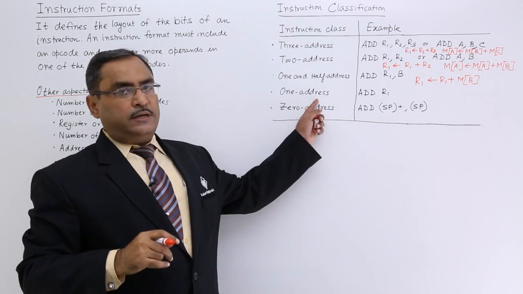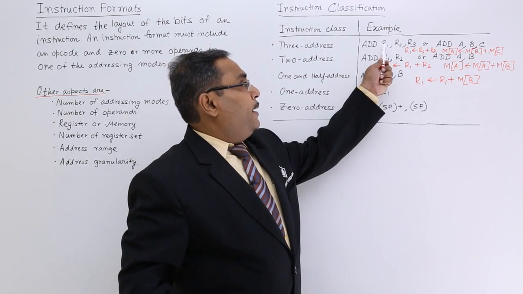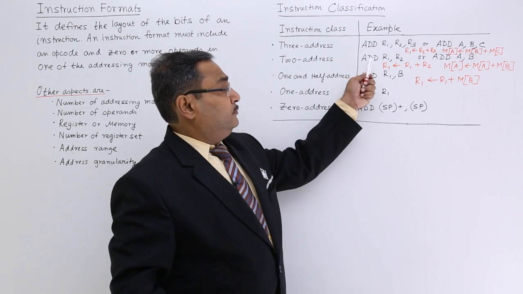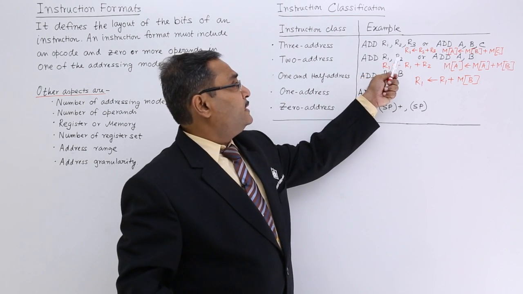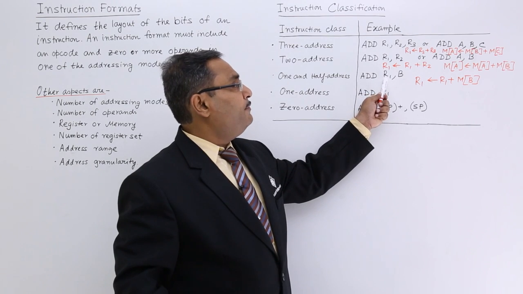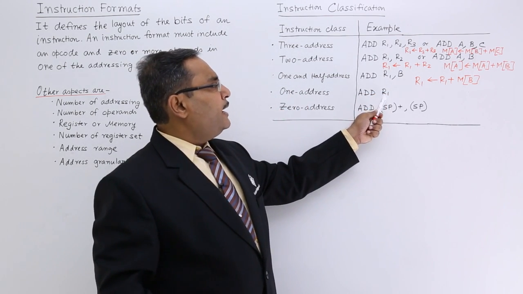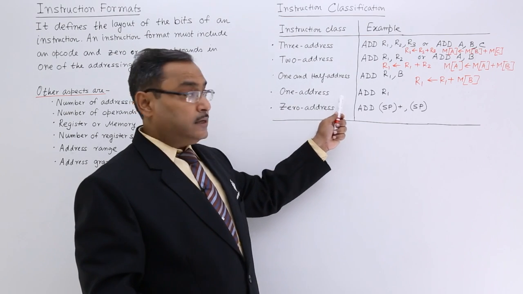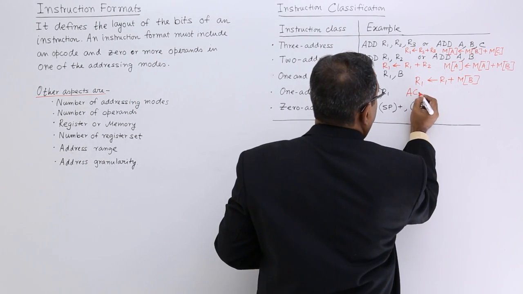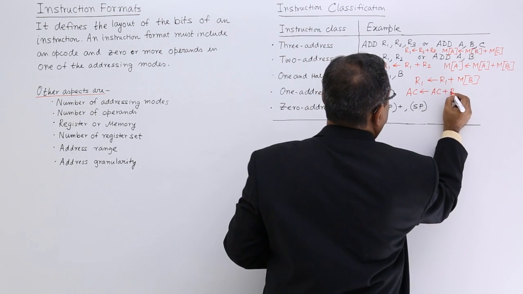One address instruction, add R1. After the instruction, we have 3 addresses, the 3 address classification. After the instruction, 2 addresses, the 2 address classification. After the instruction, 2 addresses, but one register and one variable, 1.5. After the instruction, only one address, so the one address instruction. What does it mean? It means that the accumulator will be holding one of the operands,